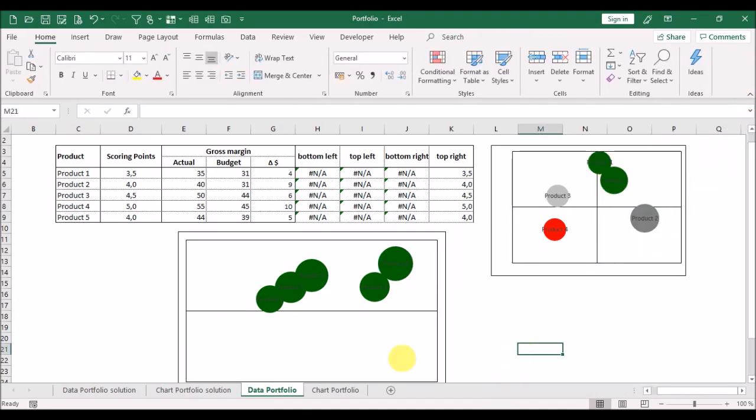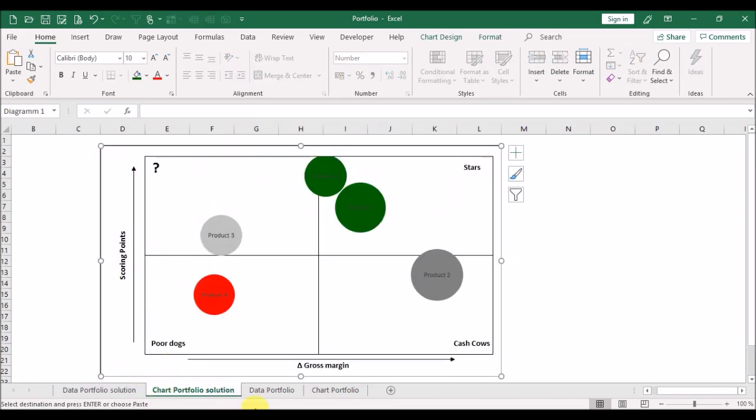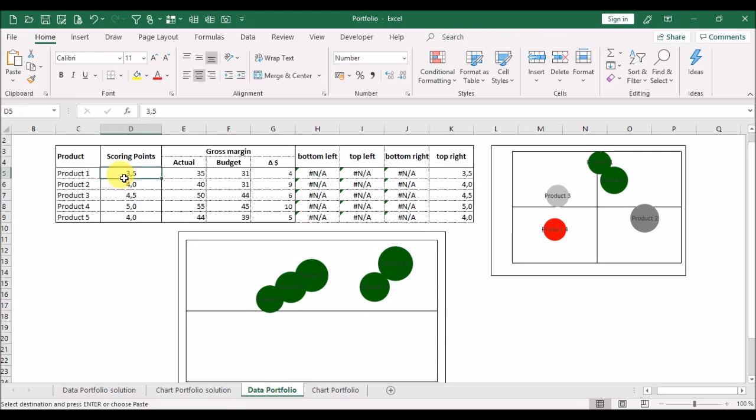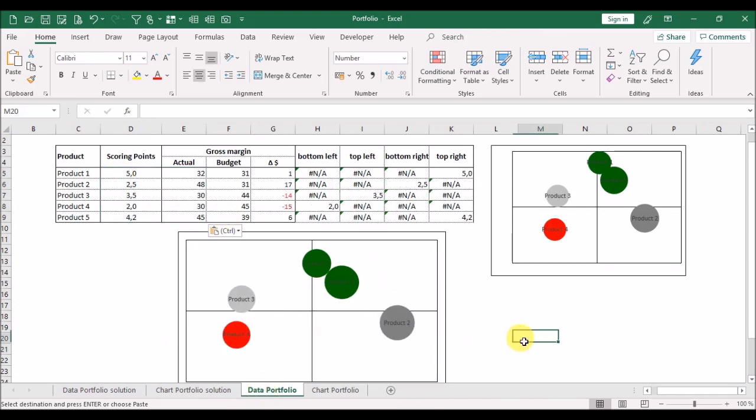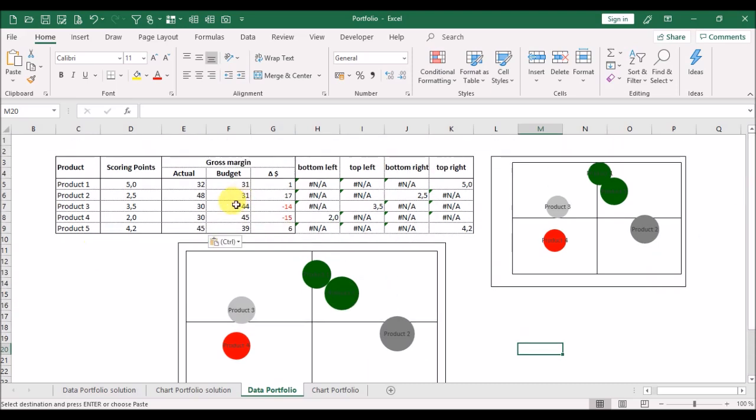Okay, then we will change our values here so that we have some different values. So, and you can see we have some different bubbles. We have a poor dog, we have a question mark, we have 2 stars, and we have a cash cow. And if you change the values,